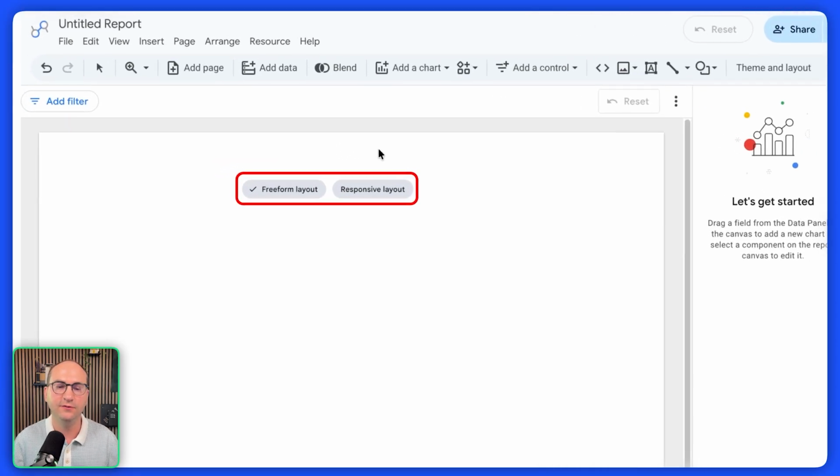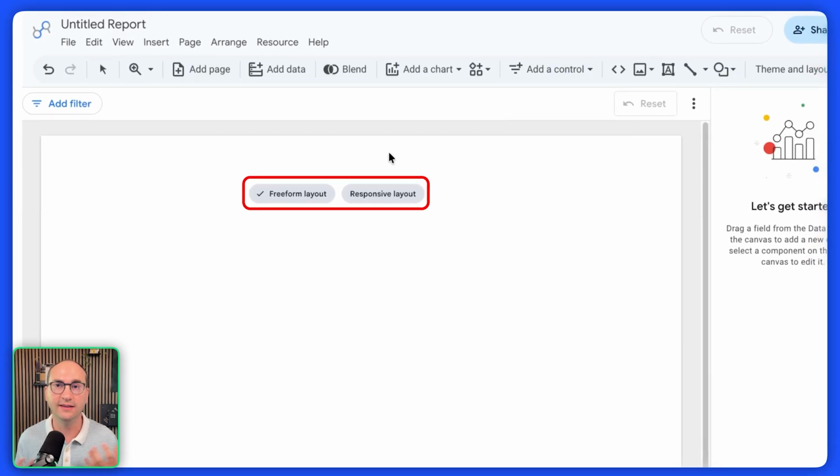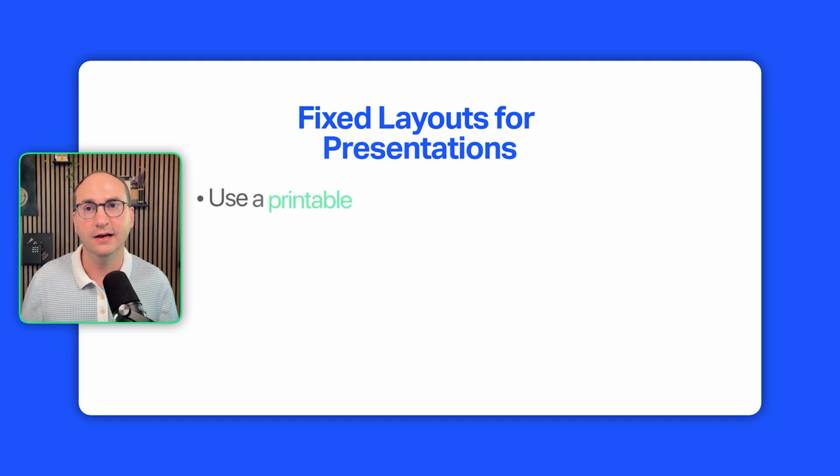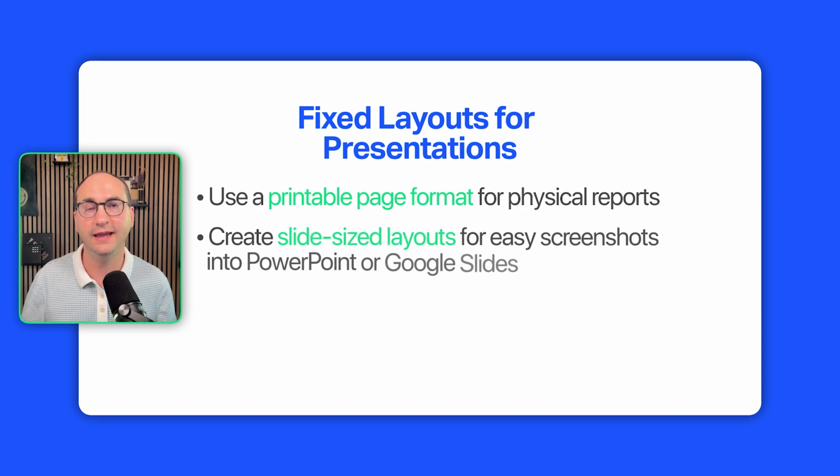You'll have a freeform layout or responsive layout. This really depends on the way your executive team is going to be ingesting this. If they are fans of legal page printouts, you can make a format to print on a legal page. If they are going to look at this as part of a weekly presentation in PowerPoint or Google Slides,